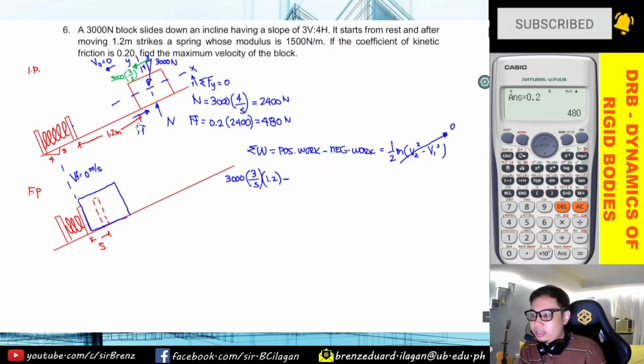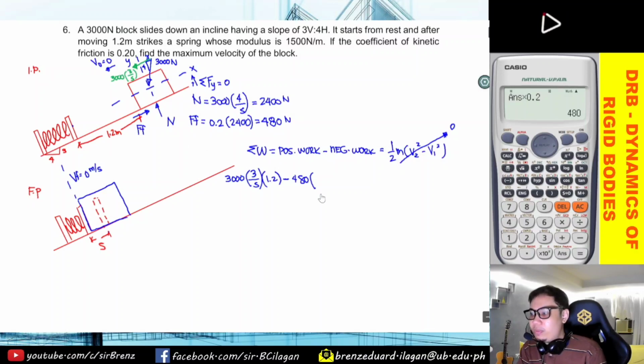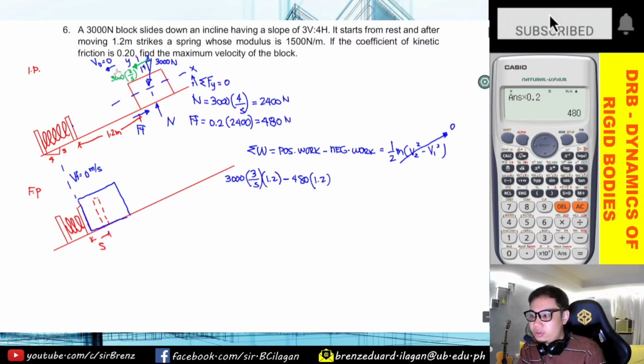So, yung isang negative work mo is the frictional force, which is equals to 480 times the distance na 1.2. So, just like the x component of the weight, yung distance na i-consider mo lang is 1.2. Hindi mo na i-a-add ng plus S. So, again, yung S mo is for the spring only. And then,